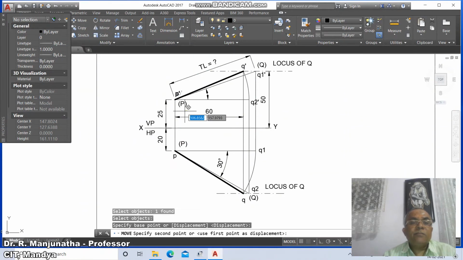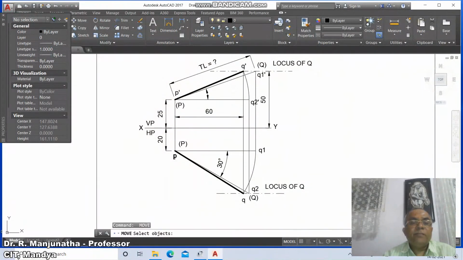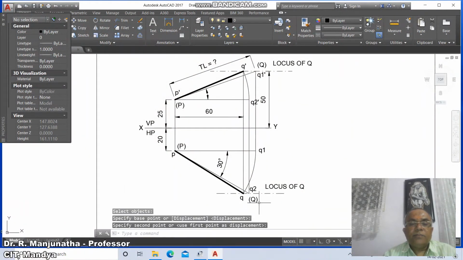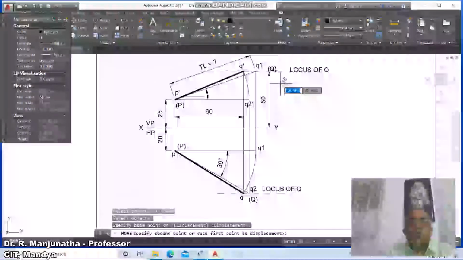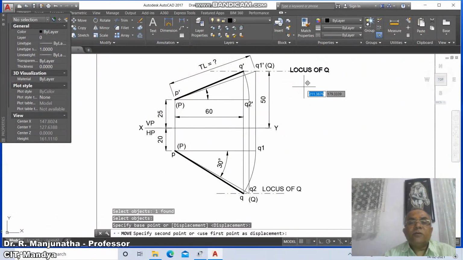So go to P dash and this is capital P and this is small p and this is capital P and it is Q, it is Q2, it is capital Q, locus of Q, and this is Q1 and this is Y and this is Q2 dash and this is Q dash and this is Q1 dash, and here move this outside, then go to Q and this is locus of Q.